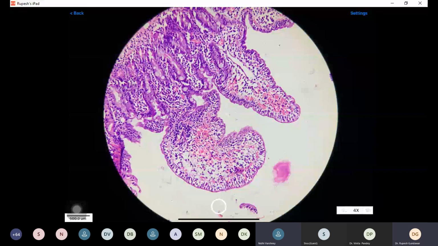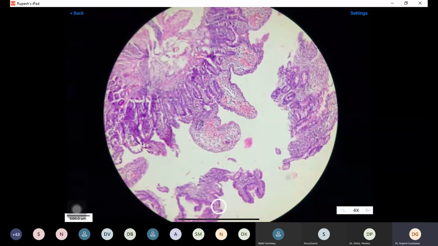Okay, fine. So what I want to actually say is, when we get such a biopsy, our impression should be duodenal biopsy showing the features of malabsorption, because malabsorption does not always mean celiac disease. All that is malabsorption is not celiac disease. There are too many possibilities. So this is telling us it is just a case of malabsorption.